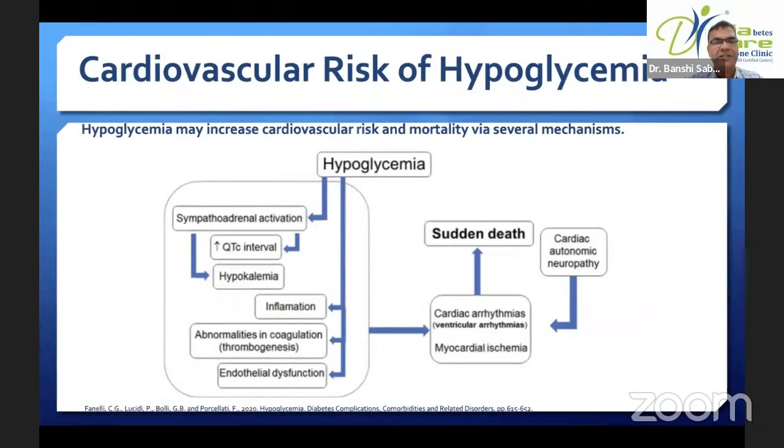The cardiovascular risk is very important, because in elderly patients with cardiovascular risk, we don't want them to go into hypoglycemia, because hypoglycemia may increase the CV risk and mortality, because hypoglycemia will have sympathoadrenal activity. Increased activation of this will increase the QTc interval and cause hypokalemia. There will be more inflammation, more coagulation abnormalities, and more endothelial dysfunction. And that may lead to cardiac arrhythmia, myocardial ischemia, and existing cardiac autonomic neuropathy, and may lead to